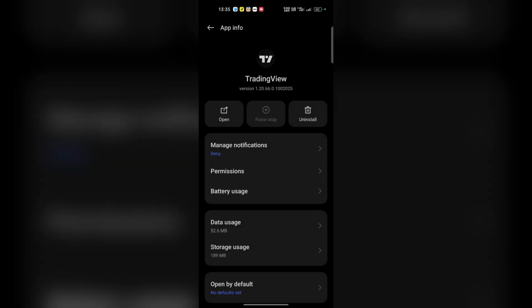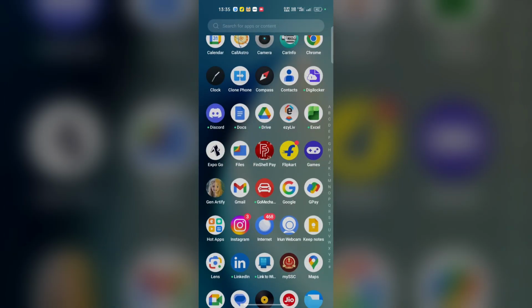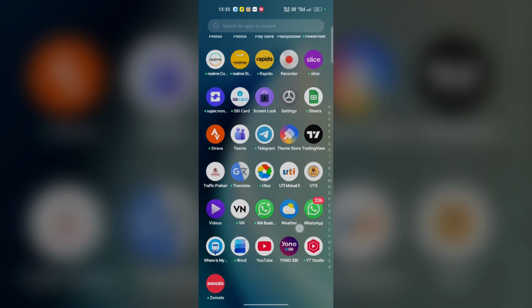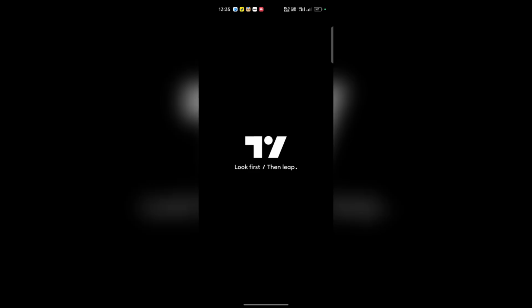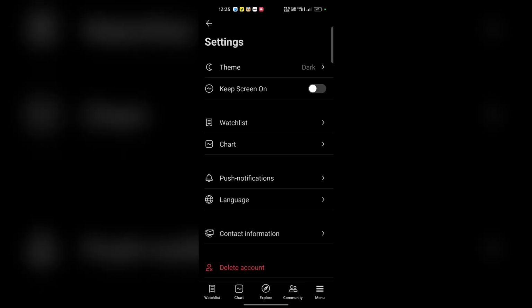Once the app is force stopped, you can simply go back and then restart your device by long pressing the power button. And once you complete the restart, you can again open your application. And then you can simply go to the menu bar, press the setting icon, and now you can easily change